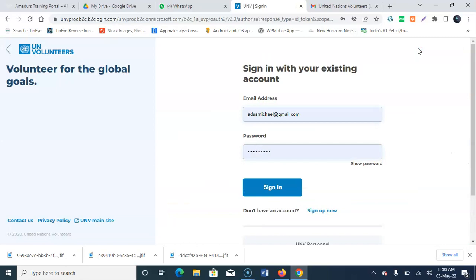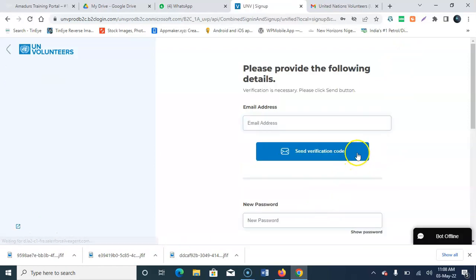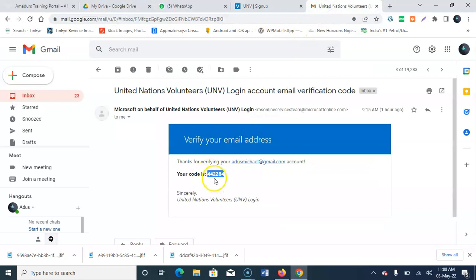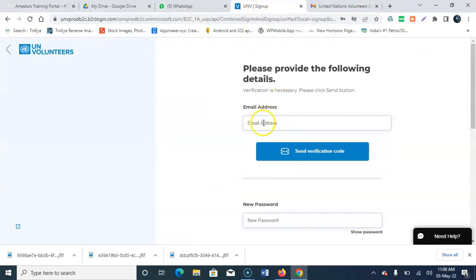Now is for you to sign in if you already created an account, but if you've not created an account, you need to do what? Click on what? Sign up. All right. So when you click on sign up, this very section here is where they will expect you to put your email. All right. So you put your email here and click this very particular section that says send verification. Now they will send you verification to your mail, and that verification is something like this. So you copy just this 1 2 3 4 5 6 numeric number and come back and paste it under that very place. When you say send, then you enter.